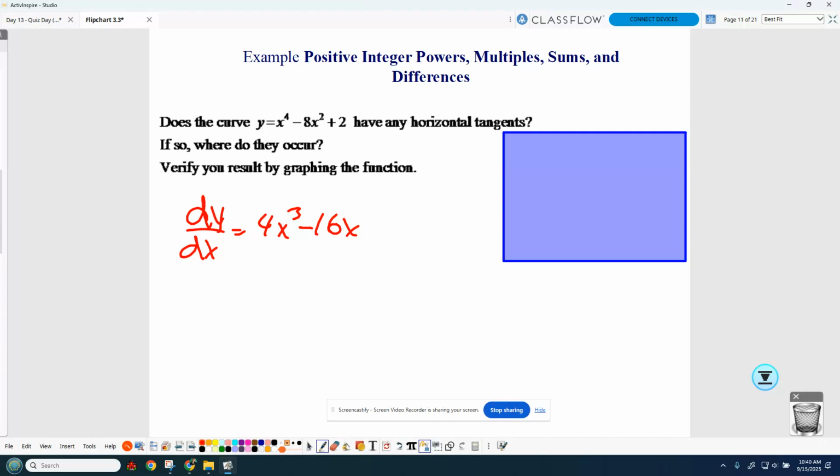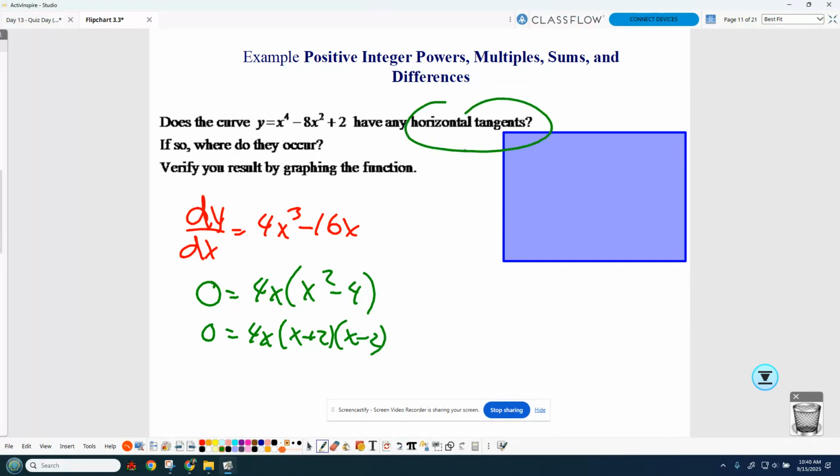Francesca, what do we do to find out where horizontal tangents are? At the 0, so you can factor out an x and a 4. So one of the x's is equal to 0, and then the other x is equal to plus or minus 2. Okay, so horizontal tangents means